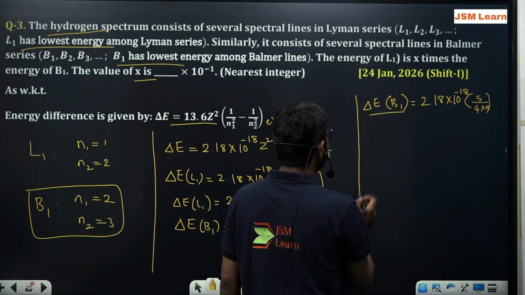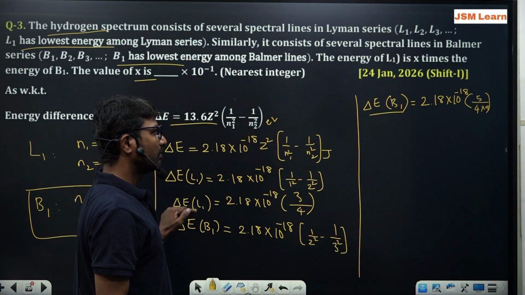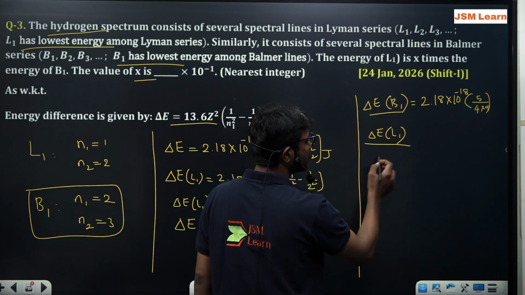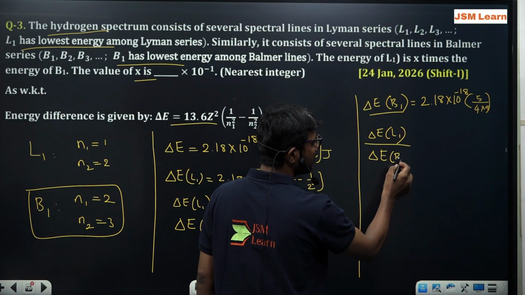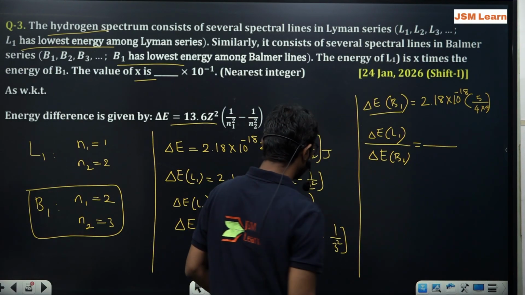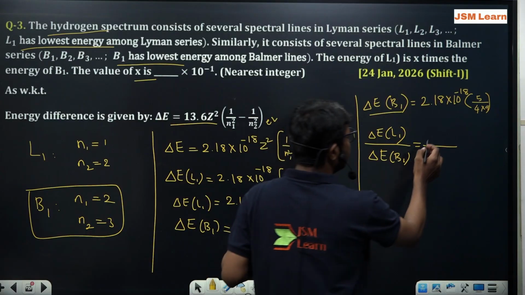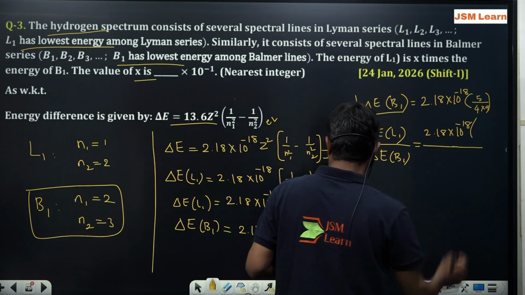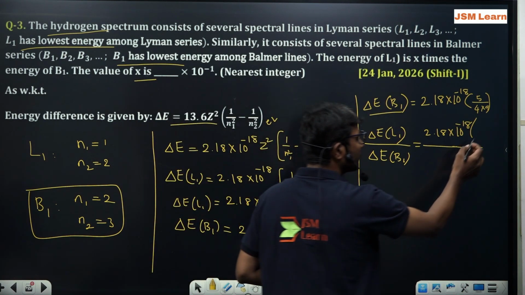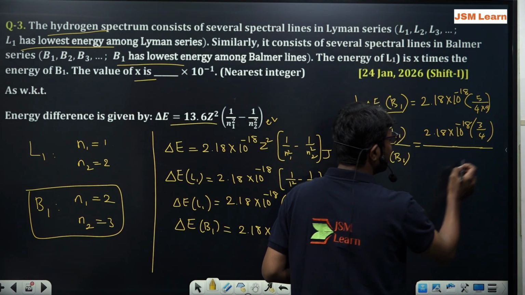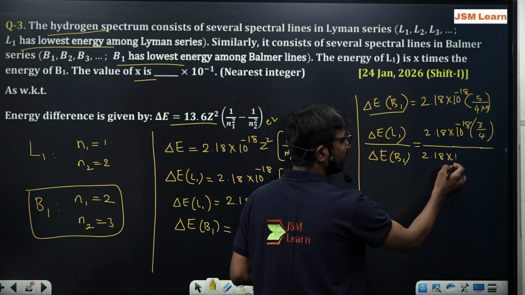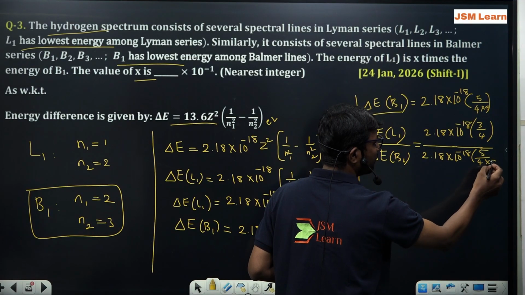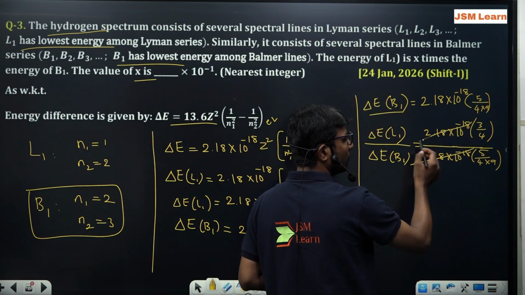Now the ratio I am taking is the energy of L1 line and the energy of B1: the energy of the Lyman series first line, over the energy of the Balmer series first line. That could be written as 2.18 multiplied by 10 to the power of minus 18 times 3 upon 4, divided by 2.18 multiplied by 10 to the power of minus 18 multiplied by 5 upon 4 multiplied by 9. On simplification, we will get the value as